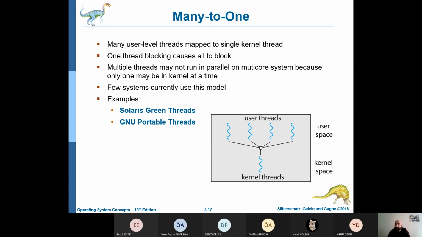on a multi-core system. However, very few systems continue to use this model because of its inability to take advantage of multiple processing cores, which have now become standard on most computer systems. On our devices, generally now we use multi-core systems. So if our operating system just supports the many-to-one model, we cannot get the advantage of those cores to create parallelism. So for that reason, generally our modern operating systems are not using the many-to-one model.